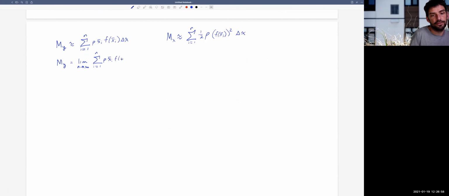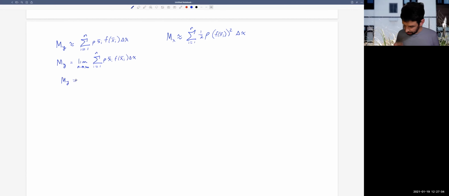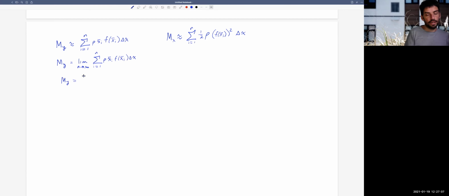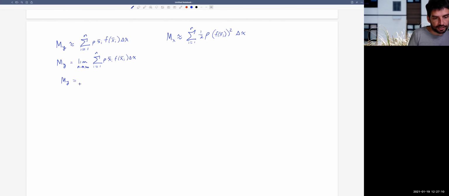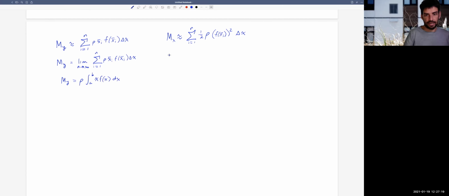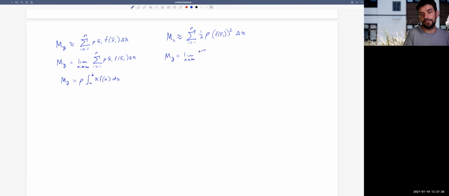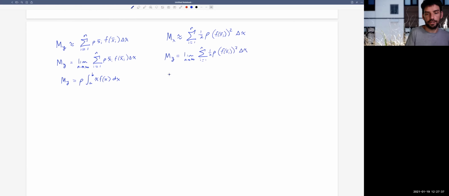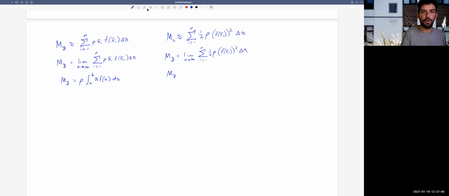which we recognize now as being able to be written as an integral. And so the integral looks like this. Rho is a constant, and it's usually taken out front. We'll have the integral from a to b of x f of x dx. And then we'll do a similar thing over here. Mx is equal to the limit as n goes to infinity of this whole sum, i equals 1 to n, 1/2 rho f of x bar sub i squared delta x, which becomes,